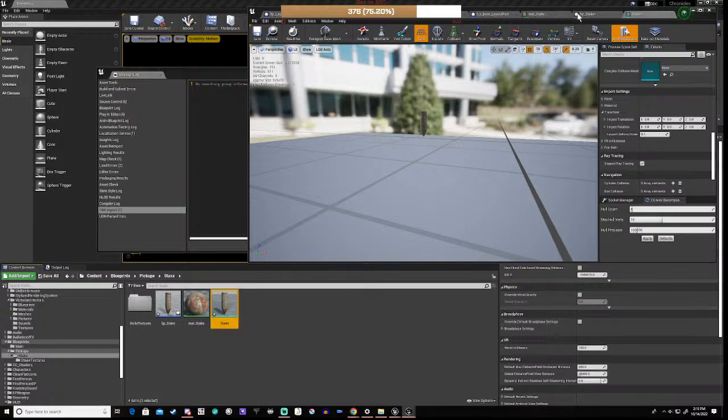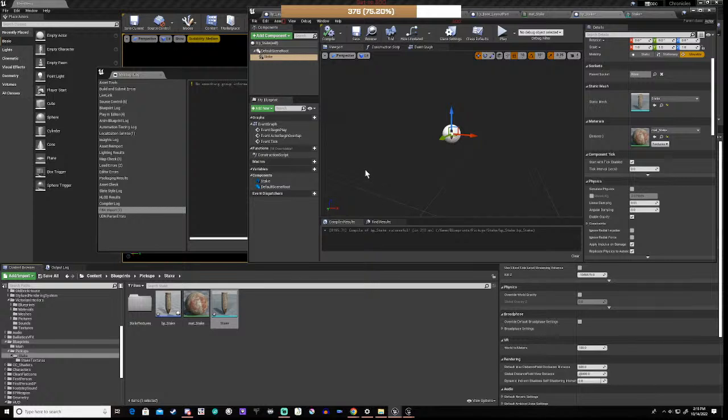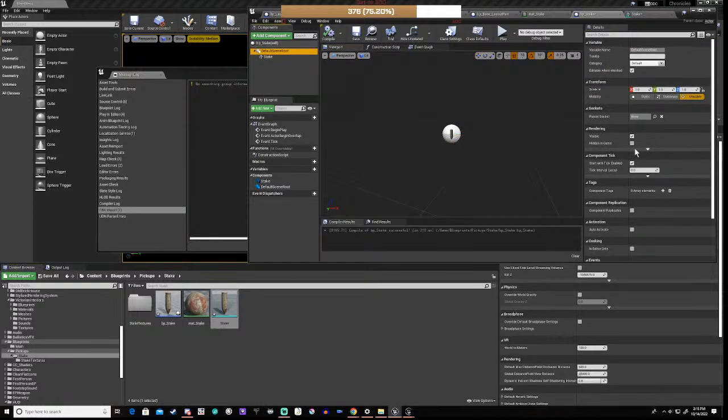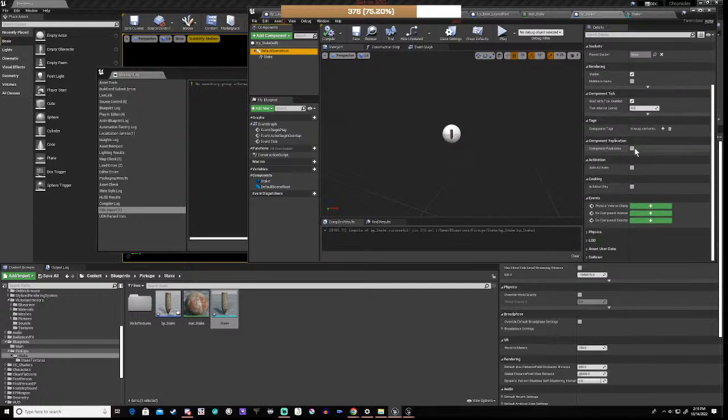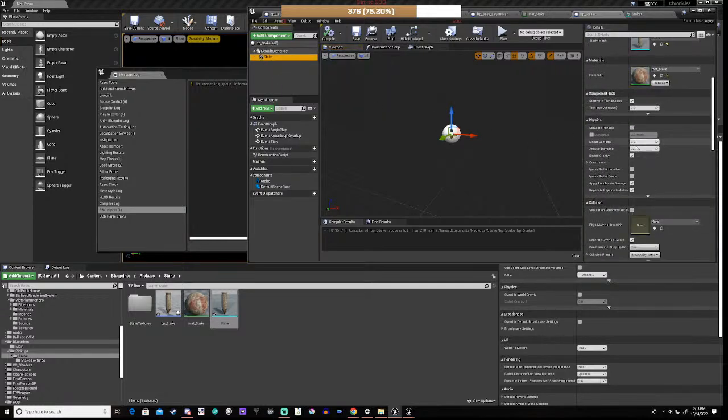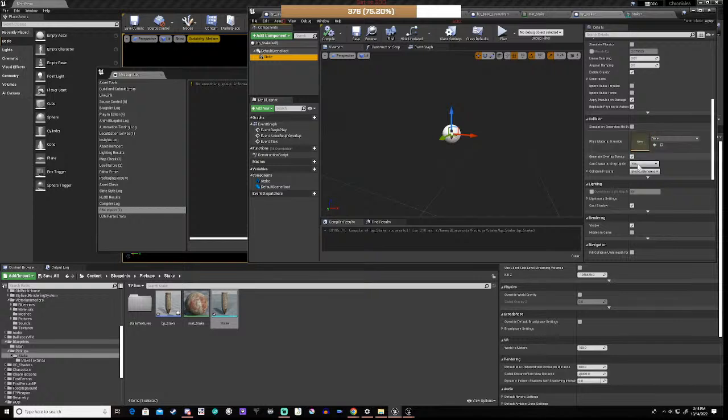Then we go back to our BP_stake, and we've got our stake. We click on that, and collision is overlap all. Compile